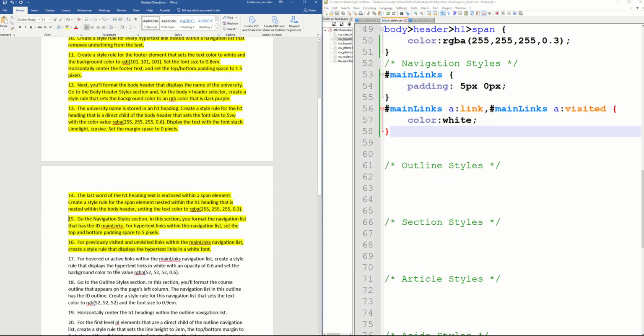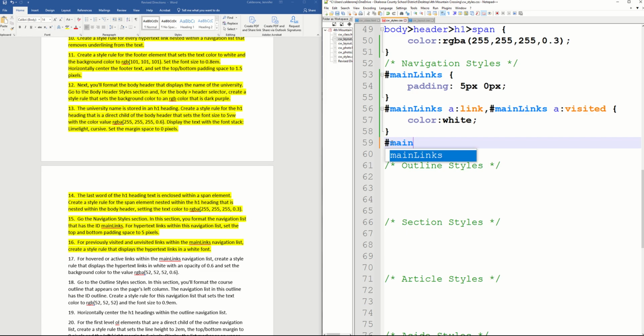Number 17. For hovered or active links within the main links navigation list, create a style rule that displays the hypertext links in white with an opacity of 0.6 and set the background color to the RGBA color given. So here we're going to do main links, A, hover, and then main links, A,